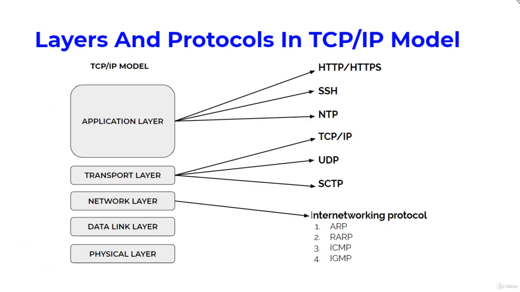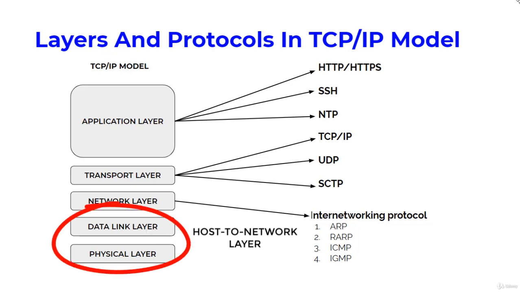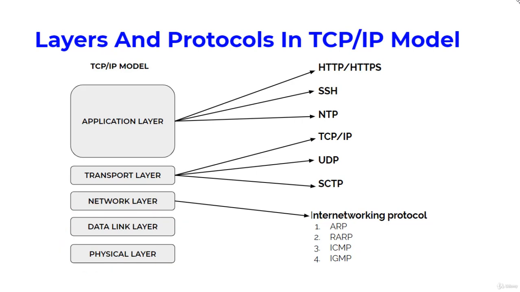So let's have a look at the TCP/IP model. In the picture you can see that I have shown 5 layers, but 4 layers are also used interchangeably. The data link layer and the physical layer together are known as the host to network layer. So the 5-layer model consists of the following 5 layers: application layer, transport layer, network layer, data link layer, and the physical layer. Since the 5-layer model is basically a communication model, to explain it in layman's terms, I will